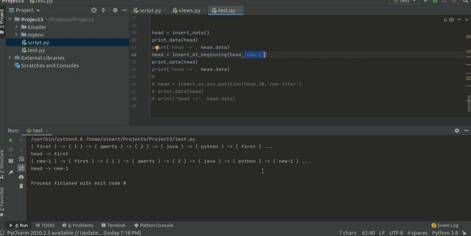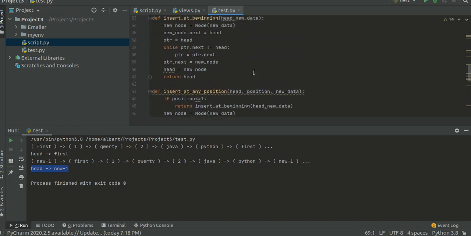So after the last node, we get the first node again, and it would keep on printing if you want, but we don't want that. This program would go into an infinite loop. Head is pointing to new one. This is how we can insert at the head position, at the beginning position.